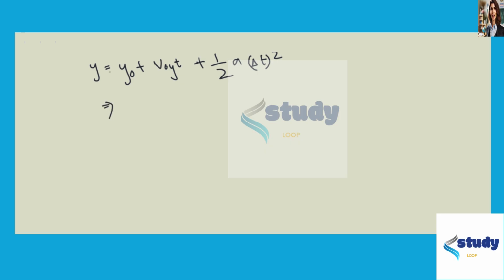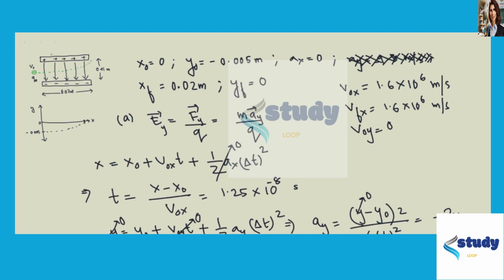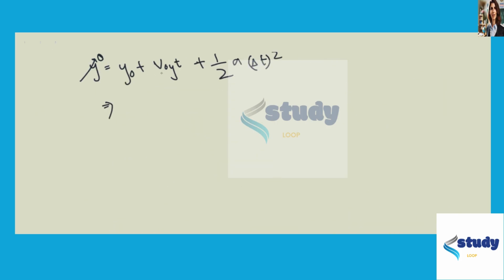Here y is 0 because the final value of y is 0, and v naught y is 0,